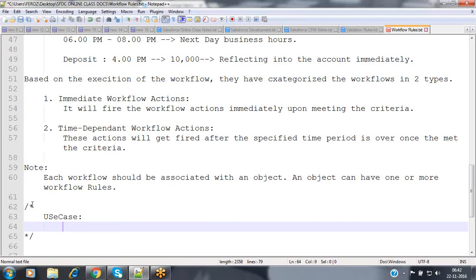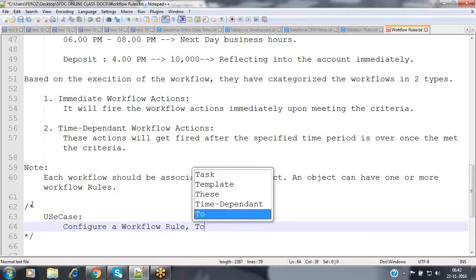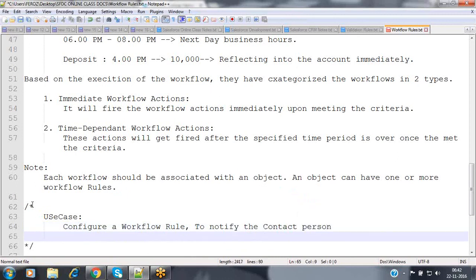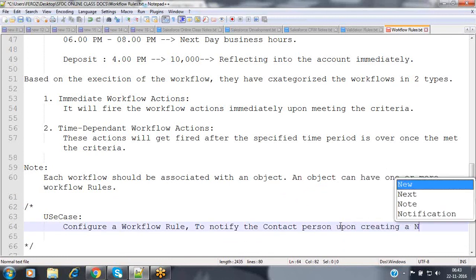Now let's see. Configure a workflow rule to notify the contact person upon creating a new contact record.